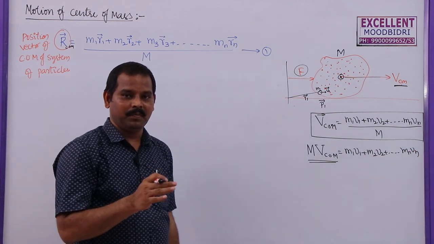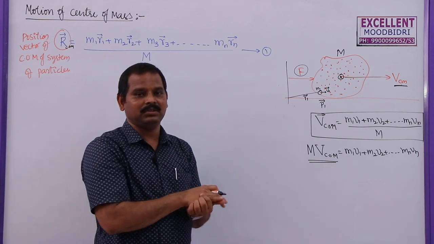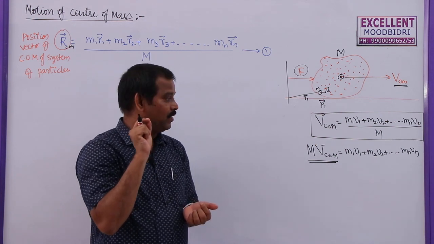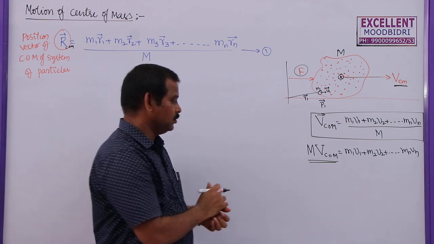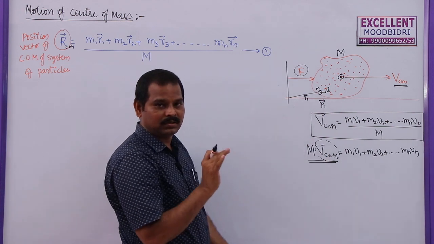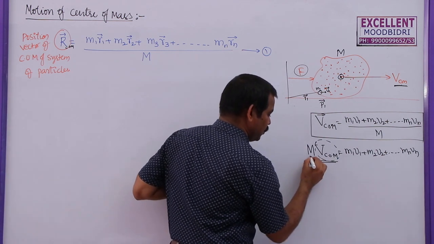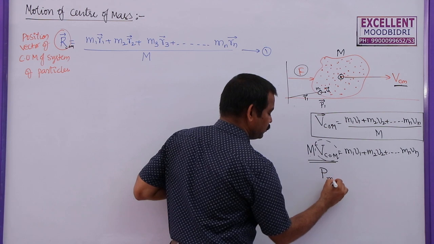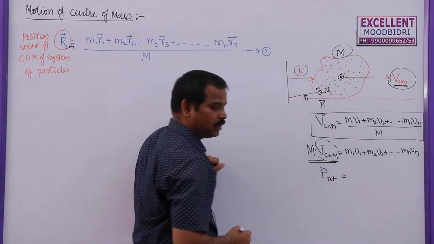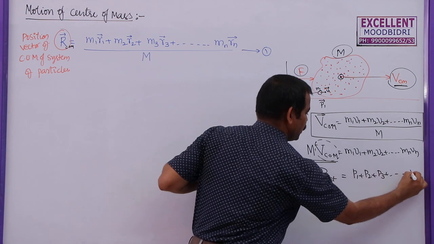Generally, in any problem in previous lessons, motion in a straight line, motion in a plane, a bus is moving with a velocity of 20 meters per second. What is the 20 meters per second? It is the velocity of the center of mass of the bus only. So always remember this: whenever velocity is given for a body or for a particle, that is nothing but the velocity of the center of mass of that body only. Now this is equal to mass into velocity, we call it momentum, the total momentum of this entire body, that is total mass into the velocity of center of mass of the system, which is given by P1 plus P2 plus P3 and so on, Pn.